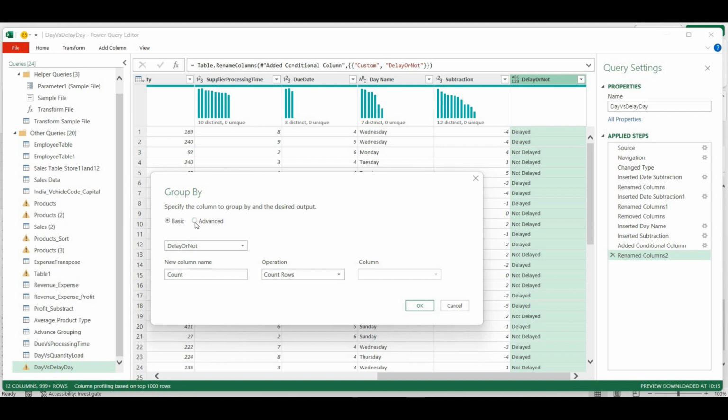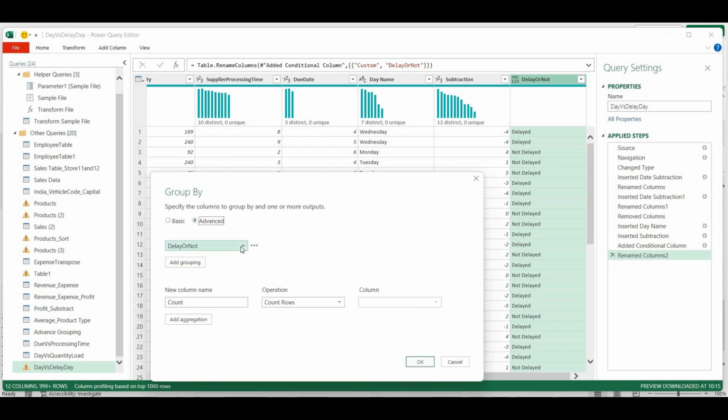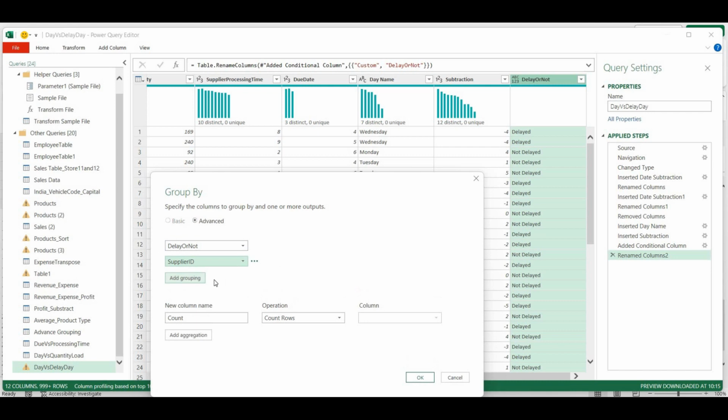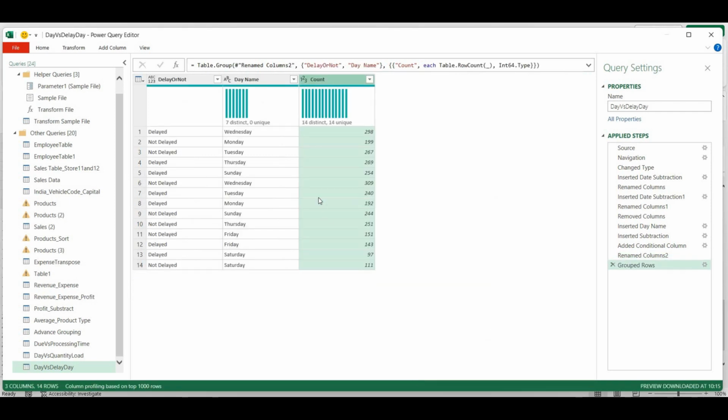Basically we can do it in basic, but basic will give us only one, whereas in advanced we can do multiple grouping. So it will be based upon delay or not, and I'm going to choose another one, that is day name. And this is the transactions. I want to count the number of transactions, so this is fine. I'll click on OK, and as you can see we have